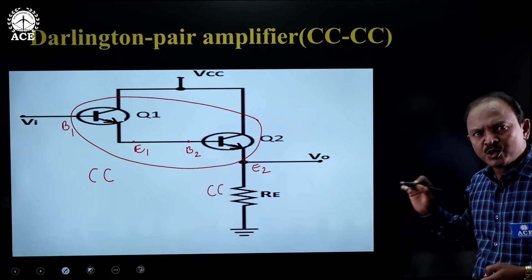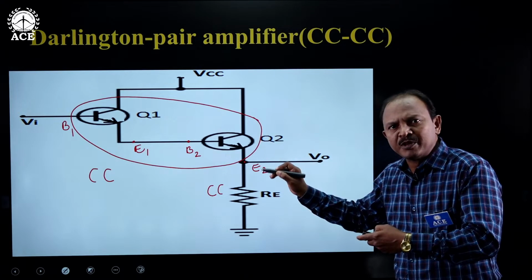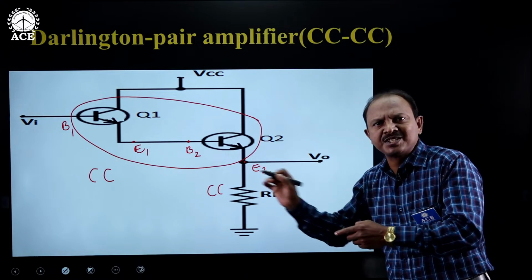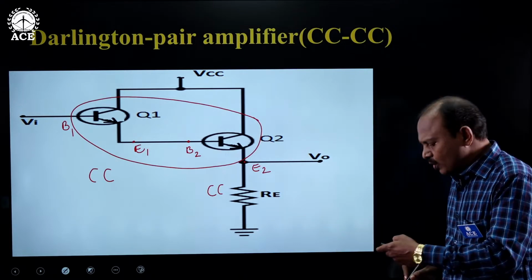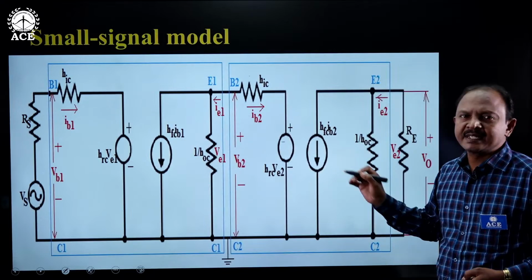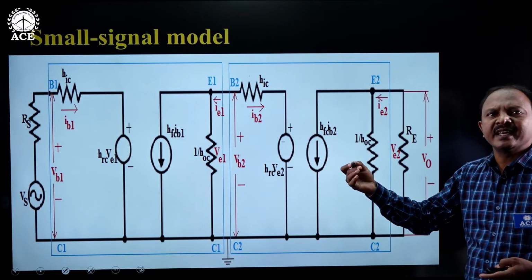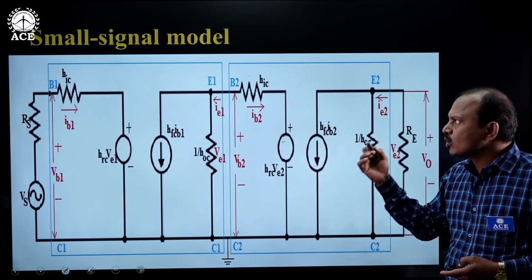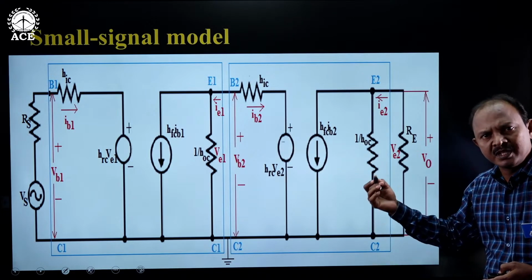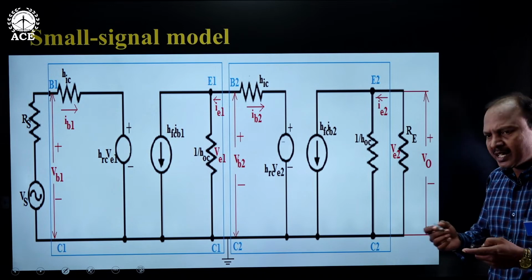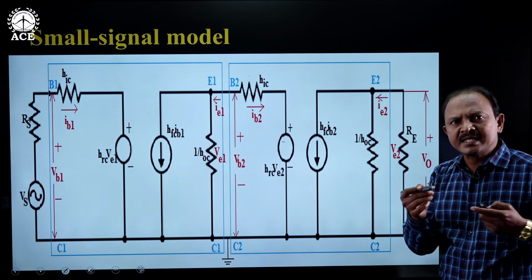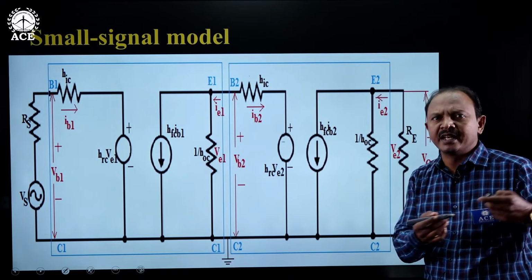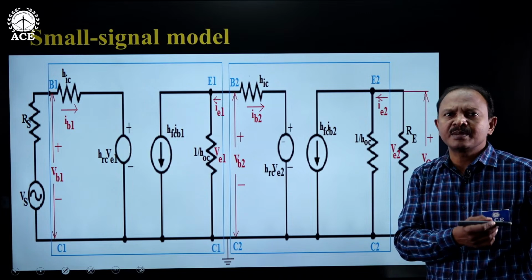Now we should analyze this amplifier completely, stage by stage. First I will show you the small signal model. We know we cannot analyze an amplifier directly from its basic circuit. We have to obtain the small signal model of the total amplifier. As already you have studied small signal model analysis in